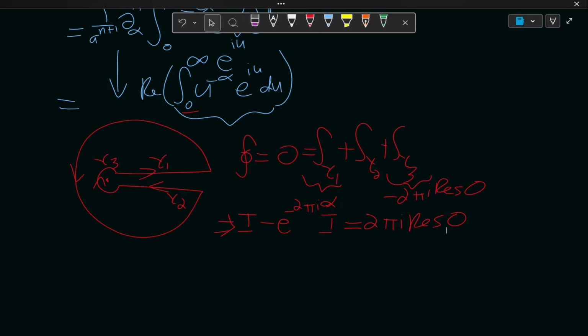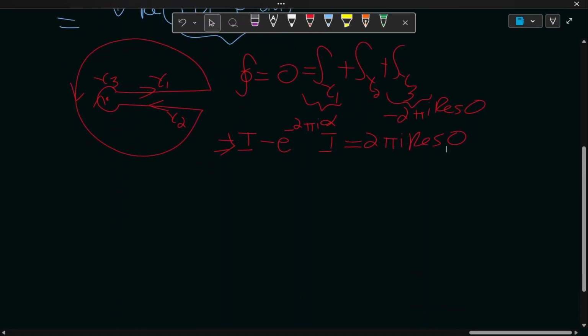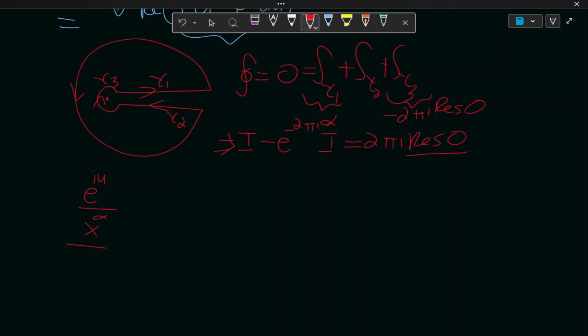We can factor the left-hand side a little bit. It's nothing crazy there. What I really want to focus on is this residue at 0. We need to find, so our function, just to write it out, is e to the ix, or e to the iu, I guess, over x to the alpha. So we need to find the residue of this right here at 0, and the way we're going to do